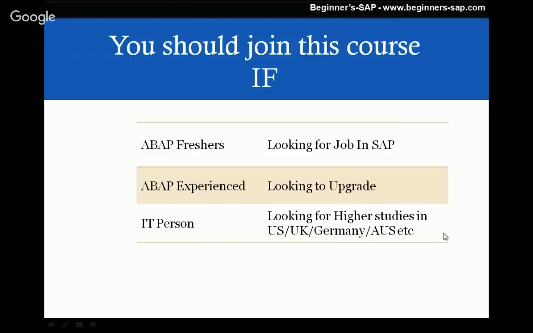And the third group of people, and guys, before making this course I spoke to a lot of people, so I understand their requirements. Another group is people who are looking for higher studies. If you're looking for higher studies in the US, UK, Germany, Australia, or anywhere, you may be studying for GRE, GMAT. Also consider this course, because if you are in SAP and you come to these countries, you have to position yourself to get a job.